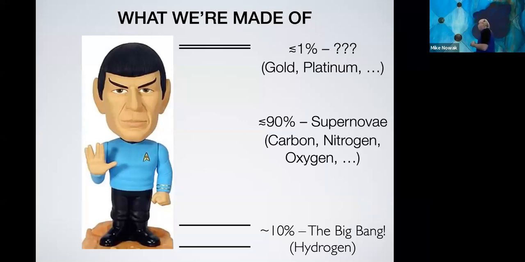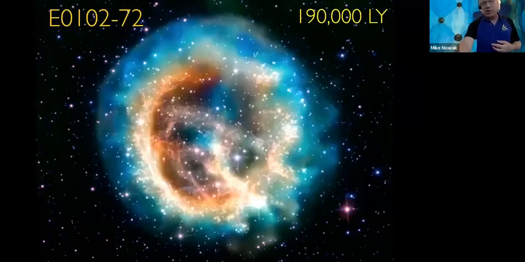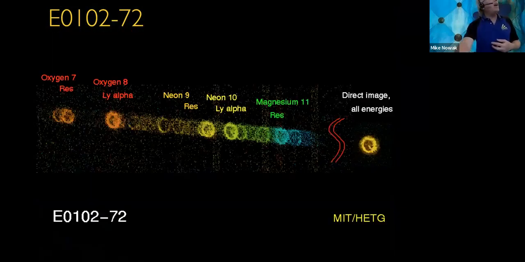The gold, we do have some gold and platinum in our bodies. That comes actually from neutron stars merging together, these gravitational wave events. So we're made up of exotic stuff. You're 10% Big Bang, 90% supernovae, and 1% colliding neutron stars is what you are. So that's why we actually want to study supernovae, to understand the 90% of us. And we can do that with Chandra: put the gratings in, we can spread that image out into the discrete lines of the material there.